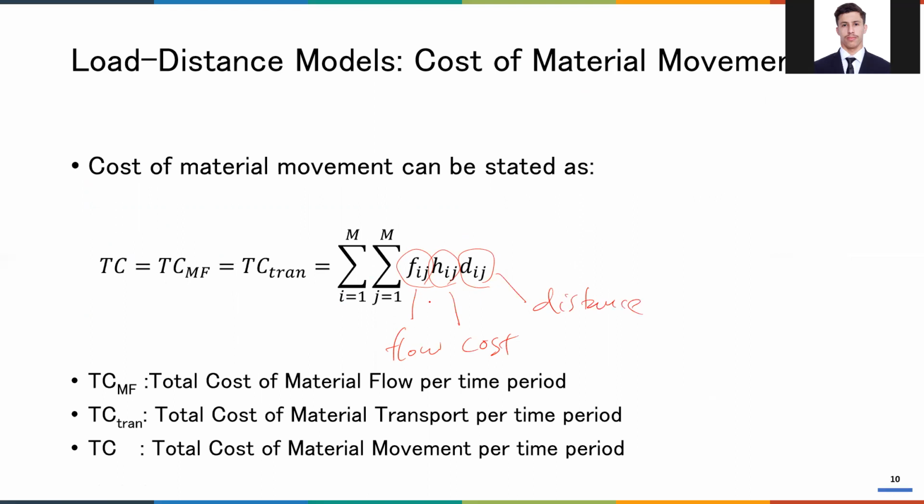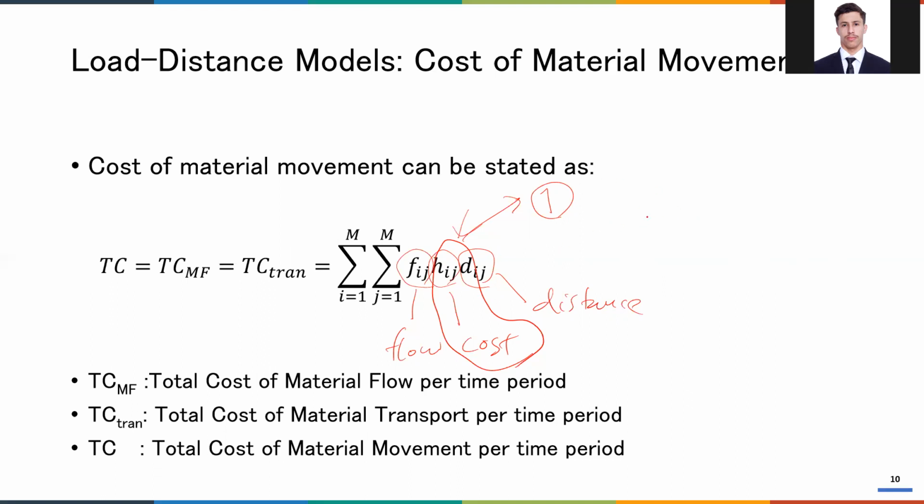In some cases, the load distance model can also ignore the cost and just say that the cost is equal to 1, because sometimes it's quite difficult to actually find the value of the cost for material handling. Unless you have the data, unless you already have the calculation per meter, then maybe we can use it for evaluating the